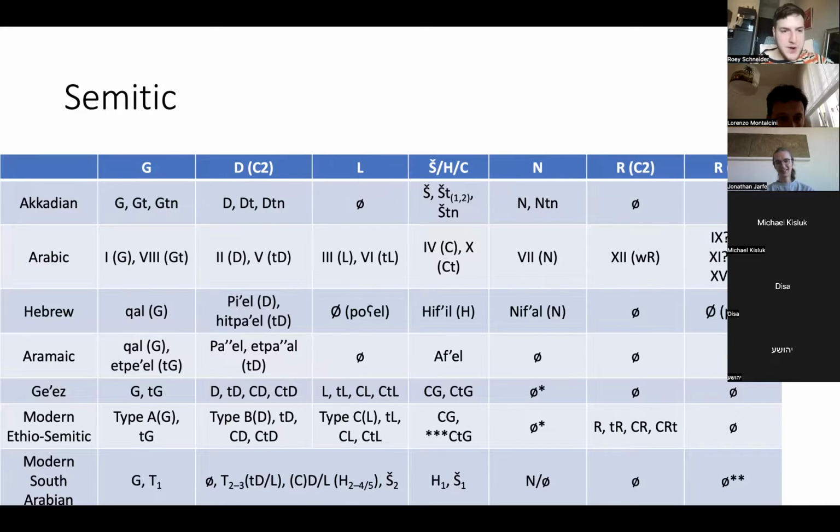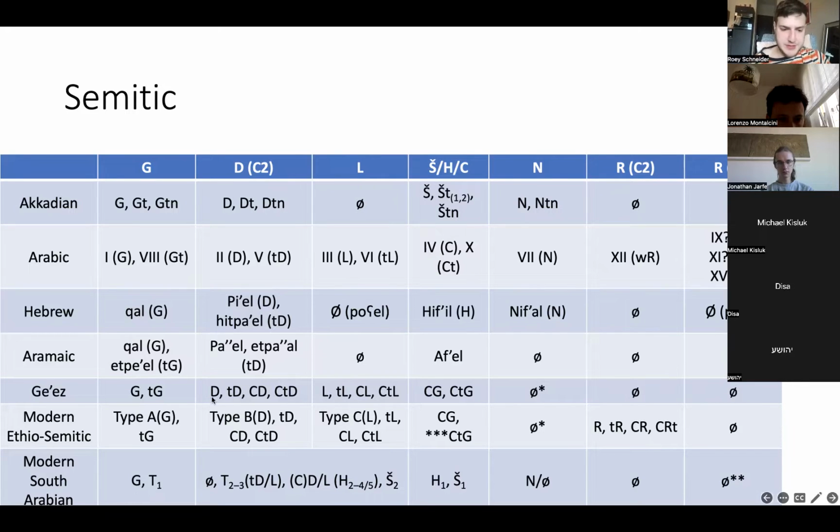So there are all these stems. There is no actual D or L stem, though some people might say otherwise, but there is a TD or TL stem, or maybe two of them, like T2 and T3, but we just can't tell the difference. And